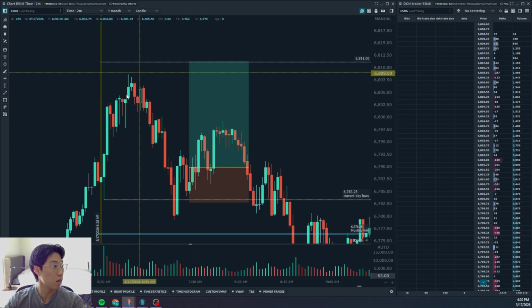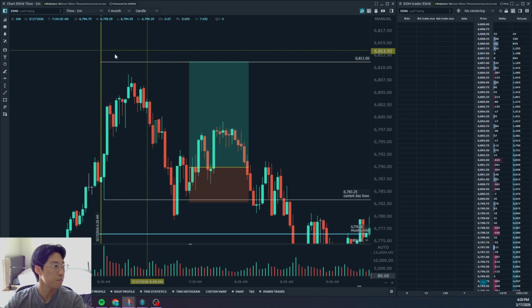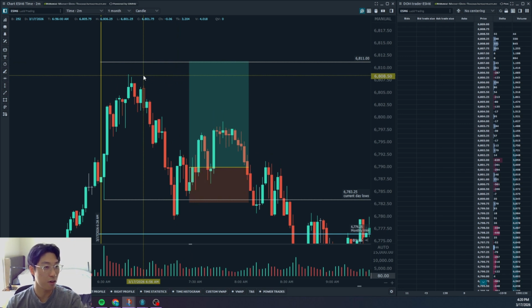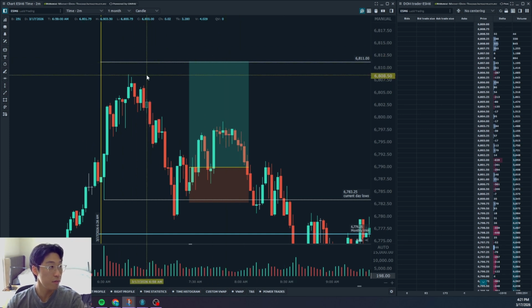So I did get pretty good confirmation at this zone, but my level was at 68.11, so it was slightly shy, and that pretty much made me hesitate and miss the trade. Everything has to be intact, and the first part of my checklist when it comes to taking a trade is, are we at a key level? And I mean, some can argue that this is near enough, right? Close enough, but if we really zoom out, we can see that 6808 was valid enough,